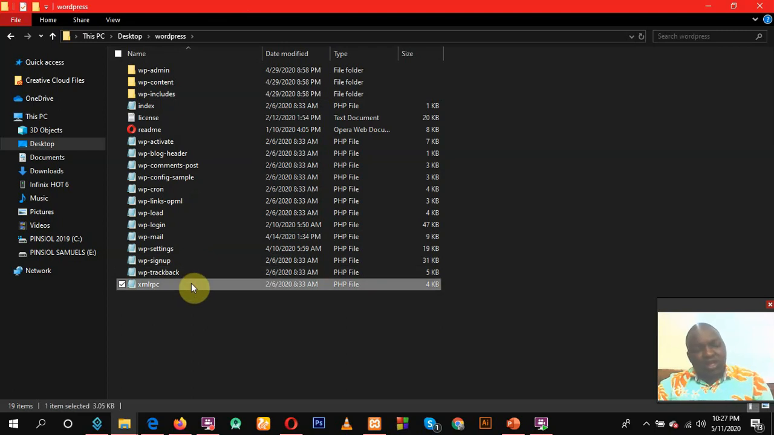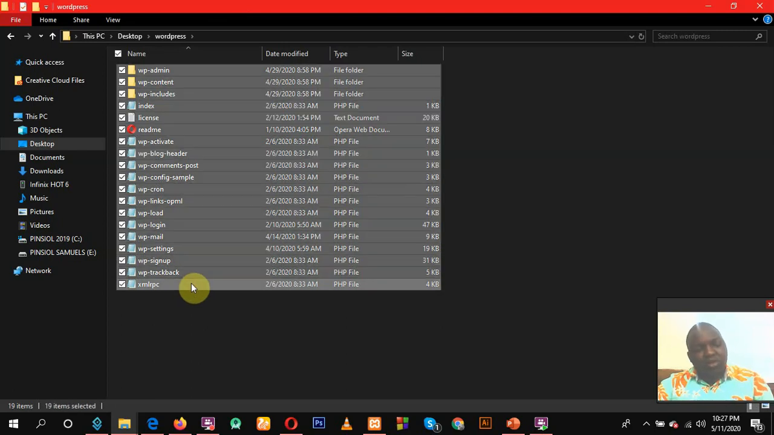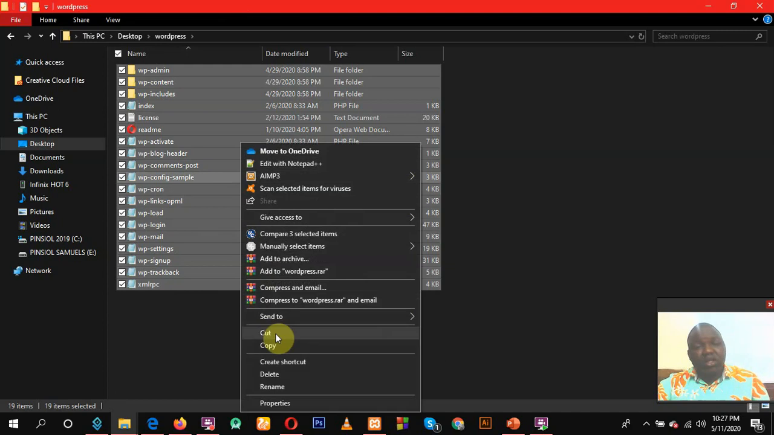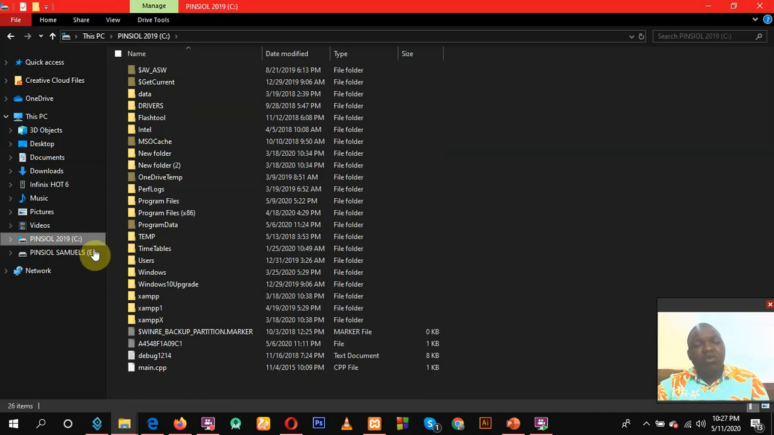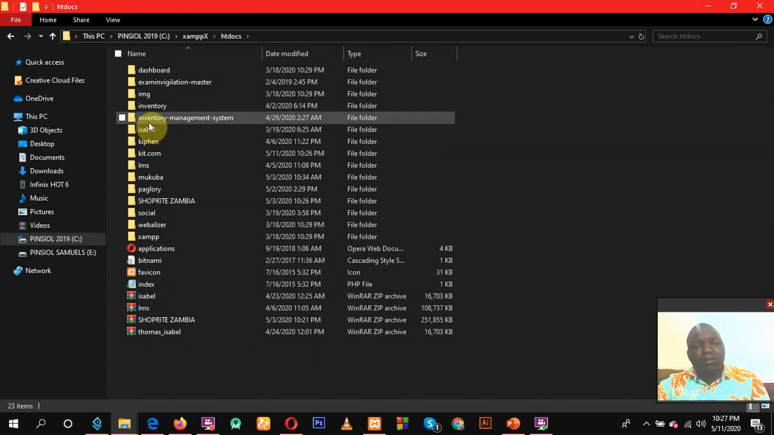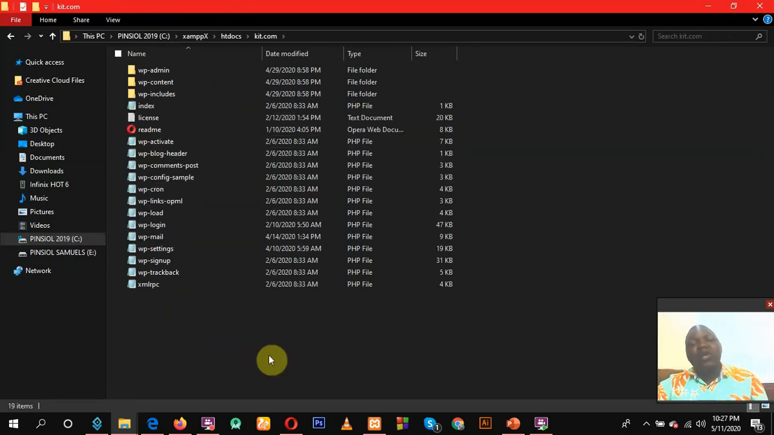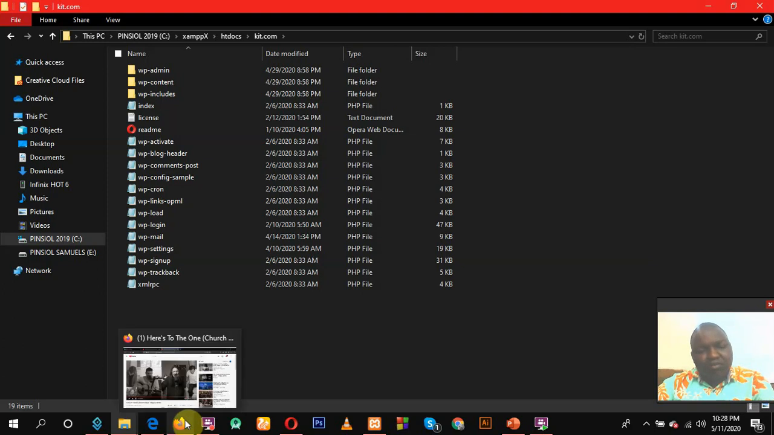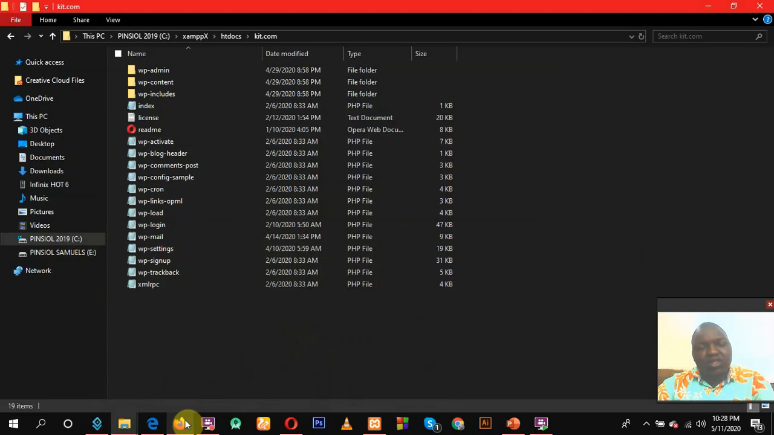So just hold the control button and press M. Then you can copy this, go to your Xampp folder, then kit.com, and come and paste them here. That's another method you can use if you don't want to use that one where extract to and others. Okay, so when we extract our files to this Xampp folder which you've created, which is kit.com, you go to